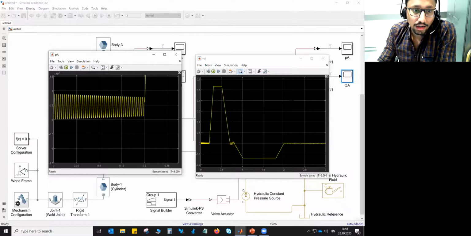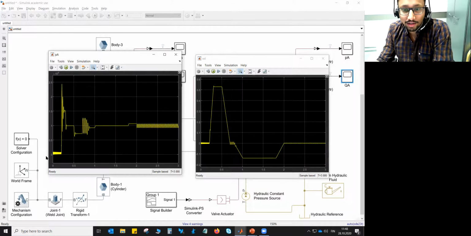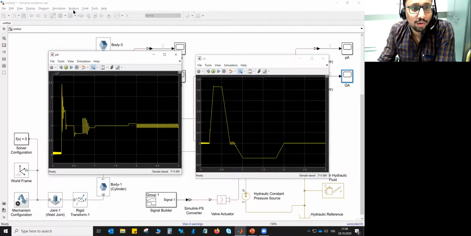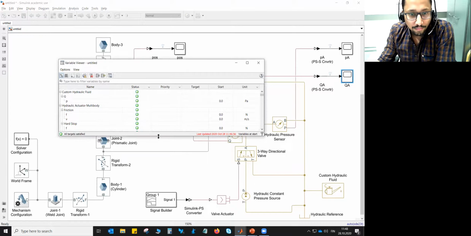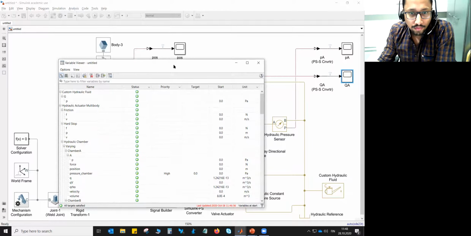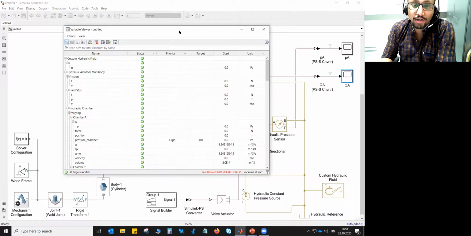This is not ideal. It basically means that in the beginning, the initial conditions are not set properly. If you go to Analysis and the Simscape variable viewer, you can see why this is happening: the mechanical system we defined properly, but in the hydraulic system we don't know what the initial pressure should be to maintain the cylinder and piston in that position.